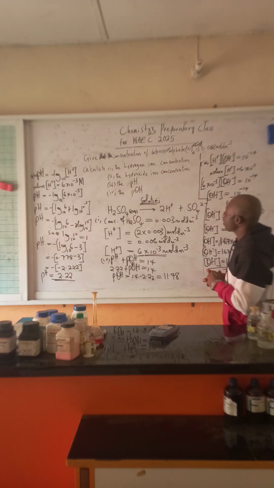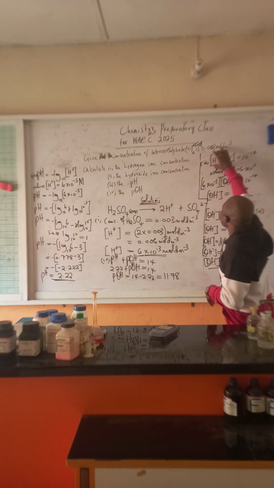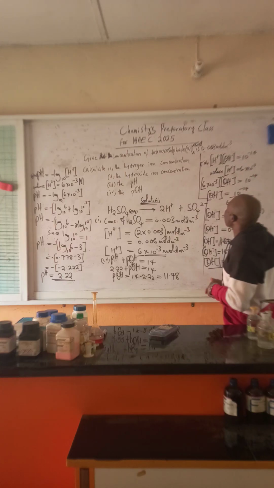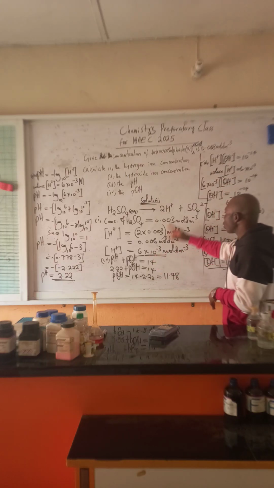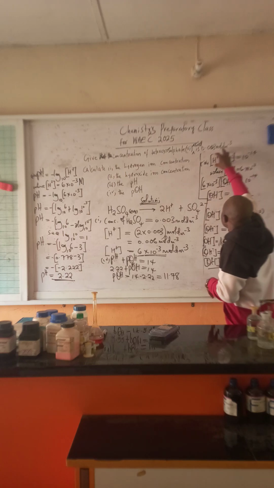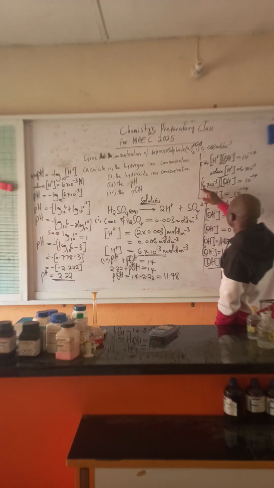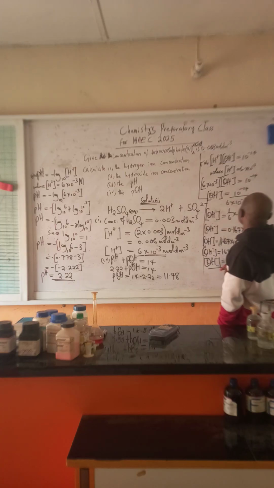the hydroxide ion. Remember that the relationship between the hydrogen ion concentration and the hydroxide ion concentration is that their product is equal to 10 raised to the power of minus 14. The hydrogen ion concentration is already determined as 6 times 10 raised to the power of minus 3. Just carry it like this, paste it here. You substitute for hydrogen ion. It will give you 6 times 10 raised to the power of minus 3 multiplied by hydroxide ion concentration, all equals 10 raised to the power of